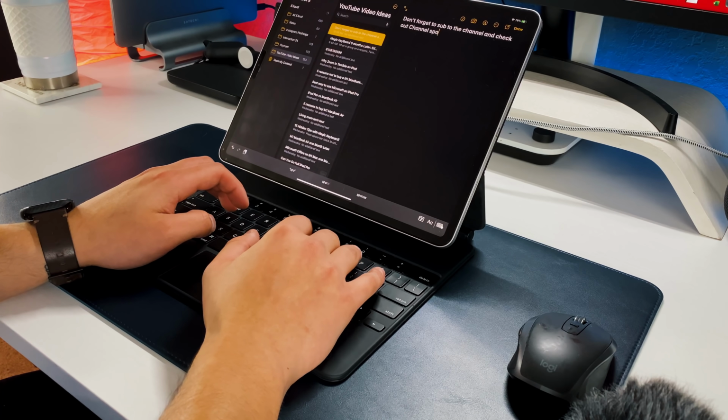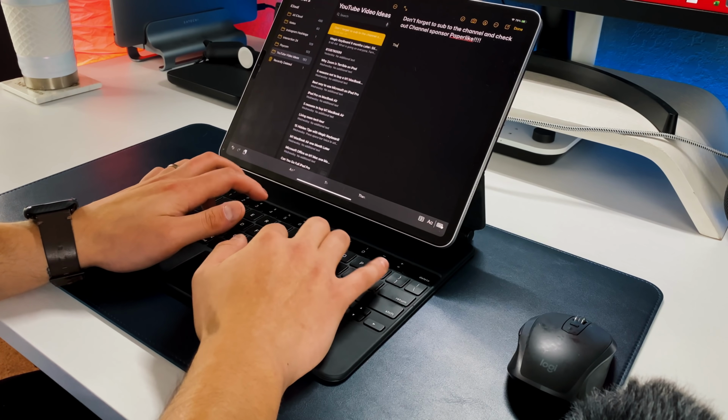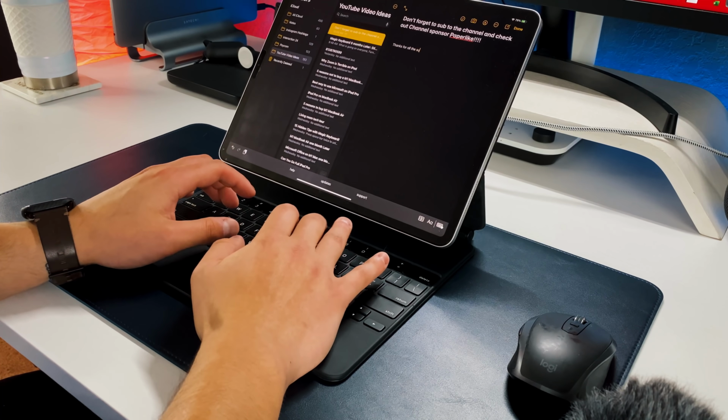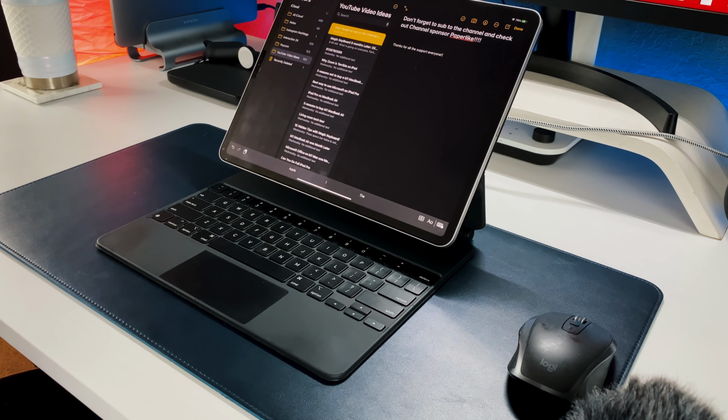So as you guys saw, they have a decent amount of travel. They're very similar to the keyboards that you get on the current lineup of MacBooks and MacBook Airs. I haven't had any issues with any of the keys. No dirt or debris is underneath the keys because they're such low profile, but there's still about a millimeter of travel, which in my opinion is plenty when it comes to actually typing on this keyboard, and it's such a